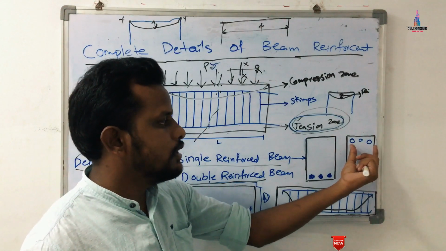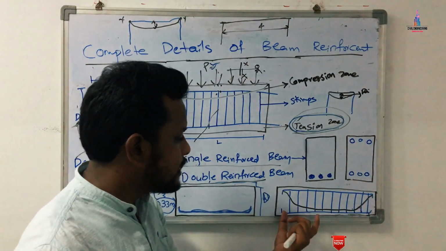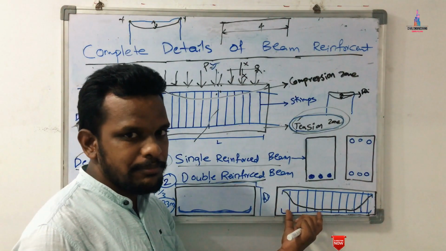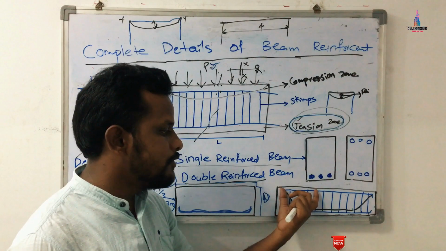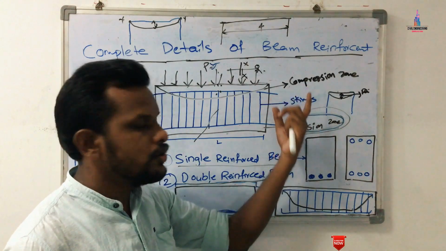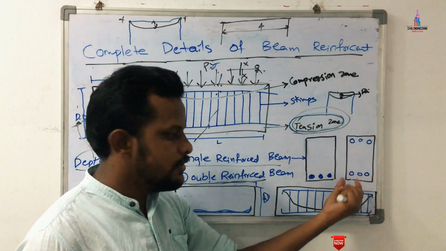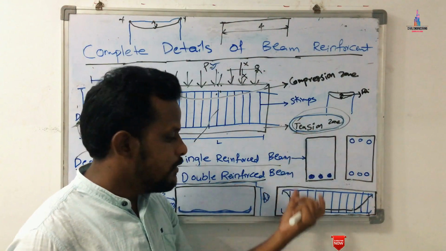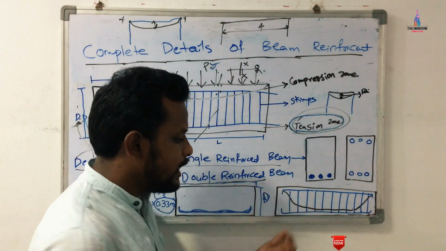This is the image which is showing the double reinforcement section. It consists of 3 bars at the top reinforcement section and 3 bars at the bottom reinforcement section. Let us consider this is the front view of this respected beam. Let us consider the length is L. This is the top reinforcement section, which is nothing but your compression zone reinforcement, consisting of main bars, and this is the bottom reinforcement section, the tension zone, which also consists of main bars, and in between these bars we provide the stirrups.